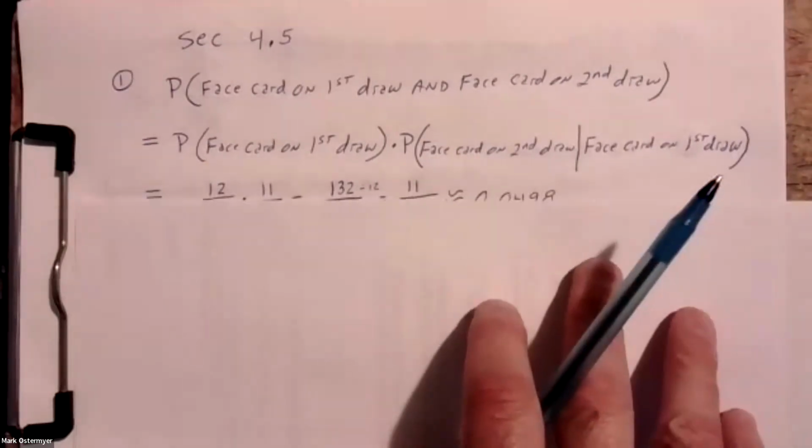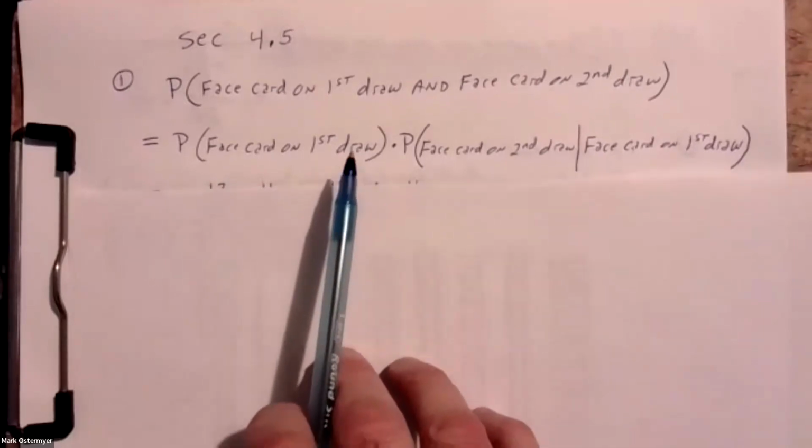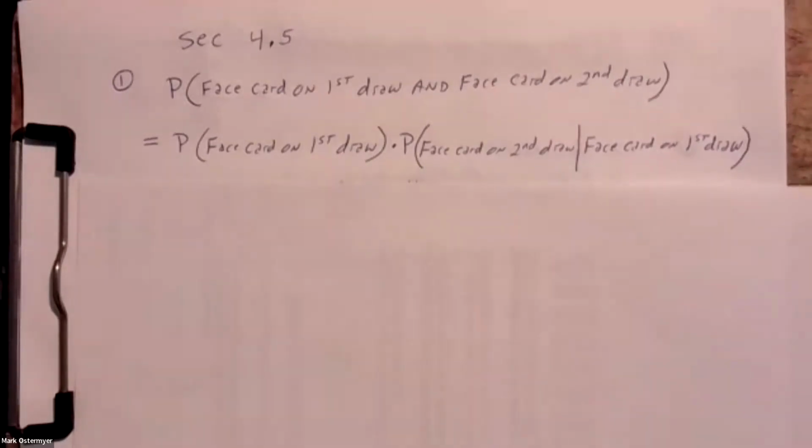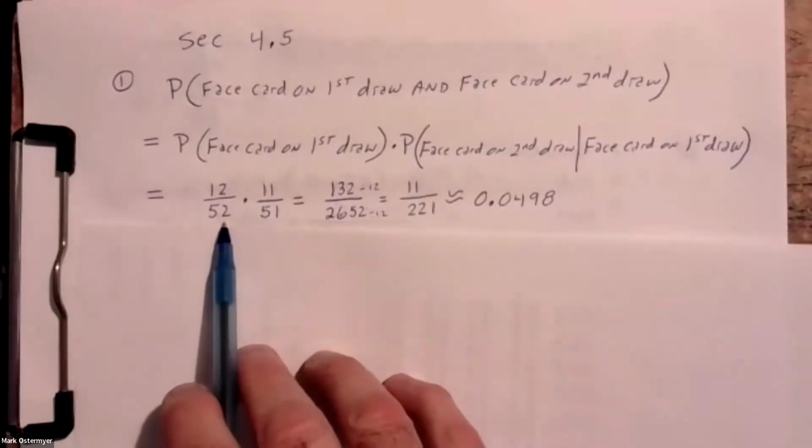Okay. So what's the probability of drawing a face card on the first draw? Well, how many face cards are there in a deck of cards? Well, there's a jack, queen, king for each of the 4 suits. So that's 3 times 4. There's 12 face cards. Jack, queen, king of hearts, jack, queen, king of diamonds, jack, queen, king of spades, jack, queen, king of clubs. Right, so you have 12 out of 52 chances of drawing a face card on the